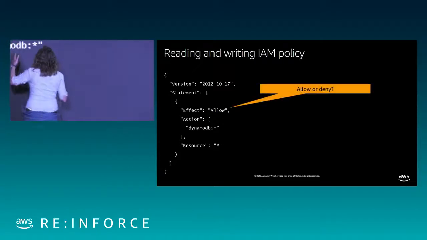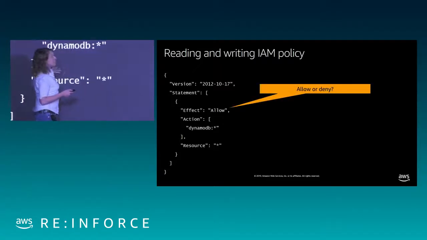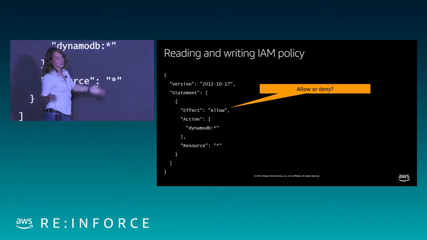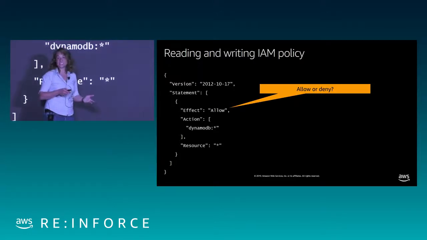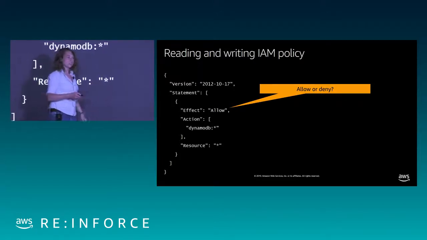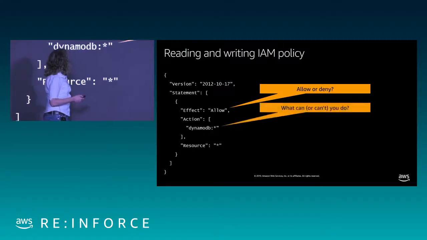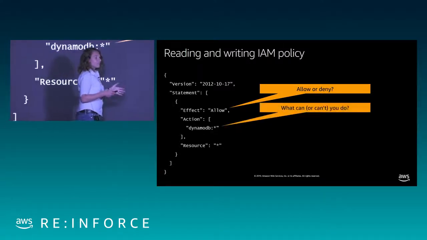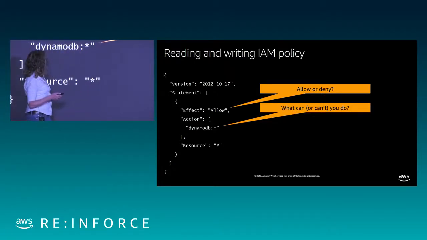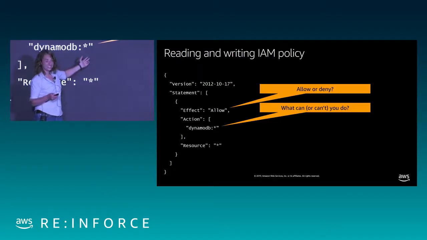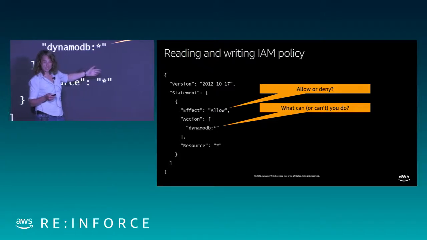All right, well, the policy has one or more statements. All the ones I'm going to show you here have one statement, but they could have multiple. First off, all of these statements are going to have an effect. The effect is either going to be allow or deny. It means what you think. Actions, you're going to have one or more actions, and these actions can be wildcarded. So this means all actions in DynamoDB.